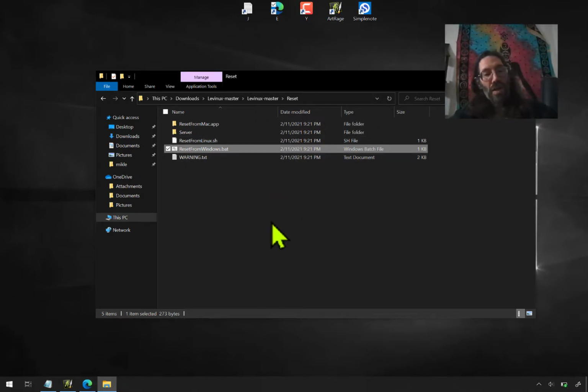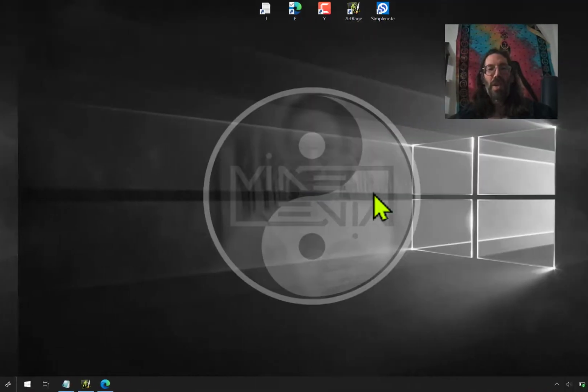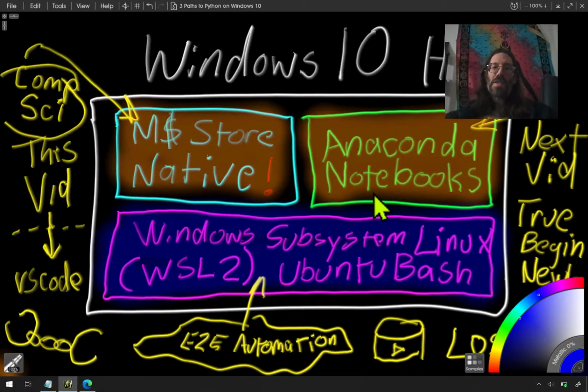You can always re-download it. It's based on Tiny Core Linux, which is dubbed as an immutable nomadic version of Linux. Immutable in that its image cannot be changed. You cannot corrupt the thing. It runs out of memory. You can't even corrupt the operating system files while it's running. And I really encourage you to check it out and to have at least a little taste of this magical